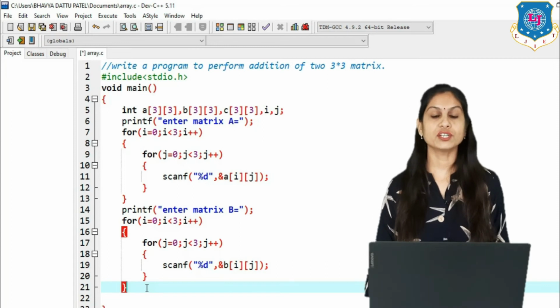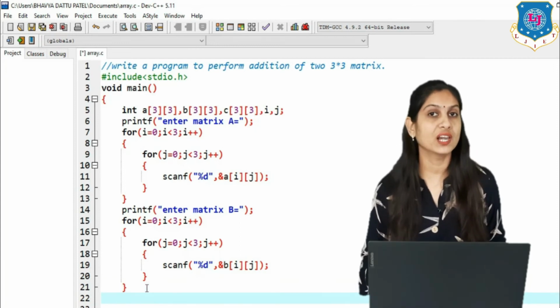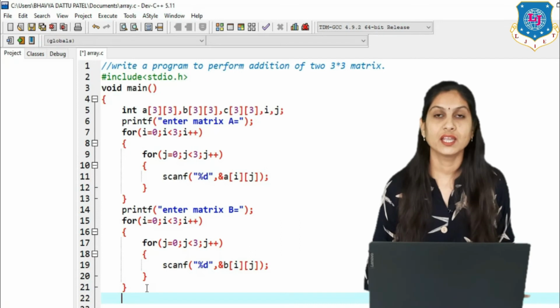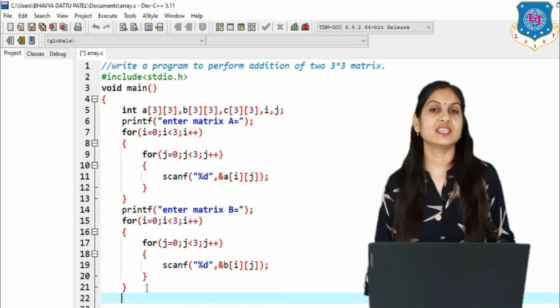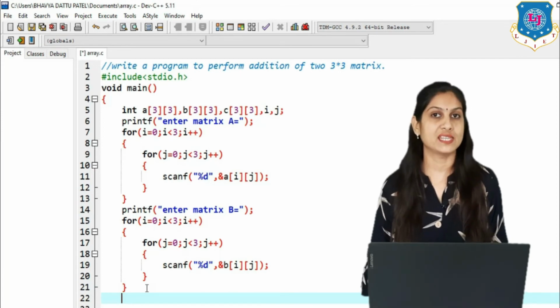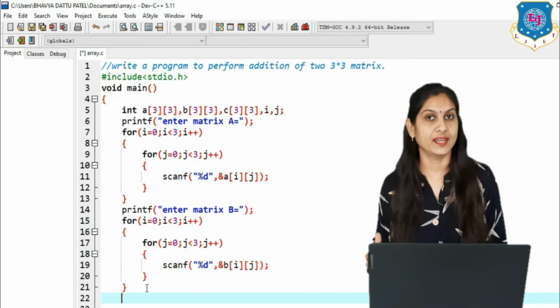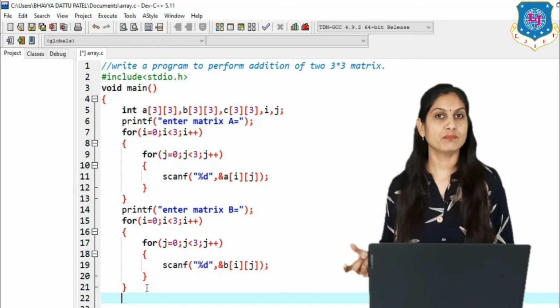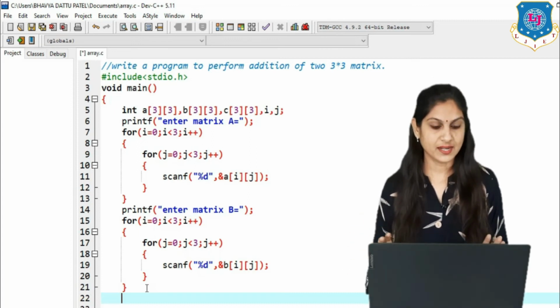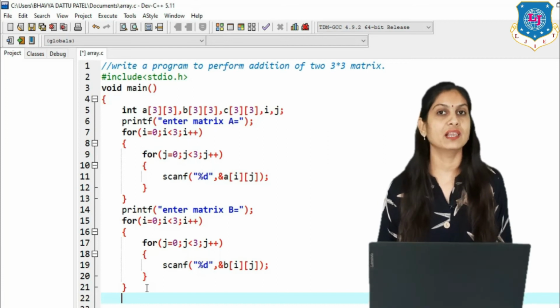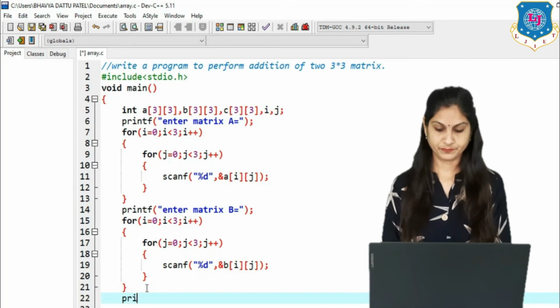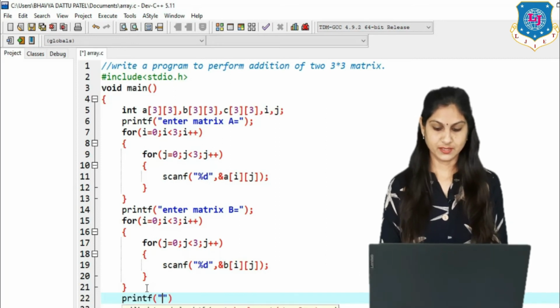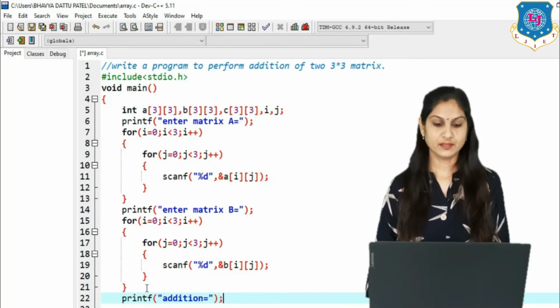Now the addition of 2 matrices, the logic you all know because it is already learned in your previous standards. So it is just like C equals A plus B, but C, A and B are what? They are variables, and now we have to move to an array. So here after C, A and B we have to put the brackets. That is the difference between a simple variable and an array. And now we have to write the message like printf addition equal what? Our logic, and for that